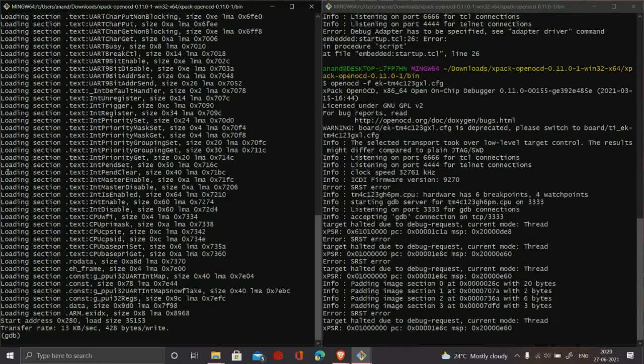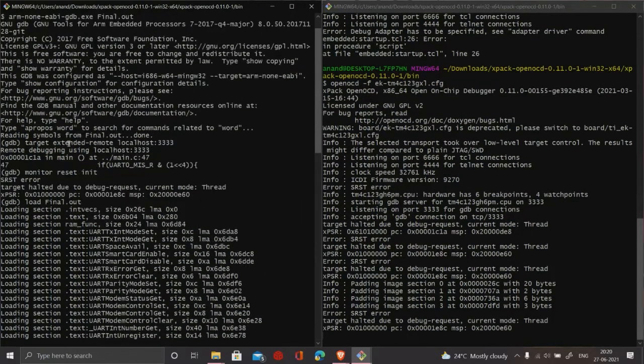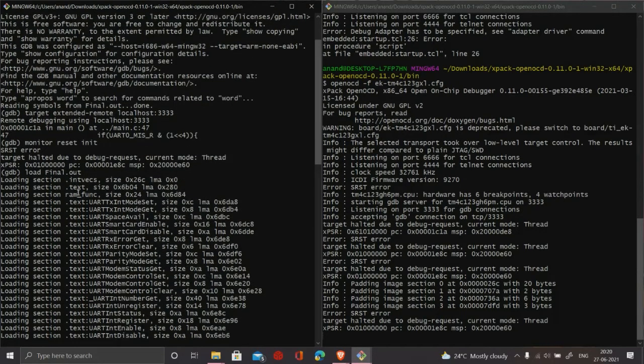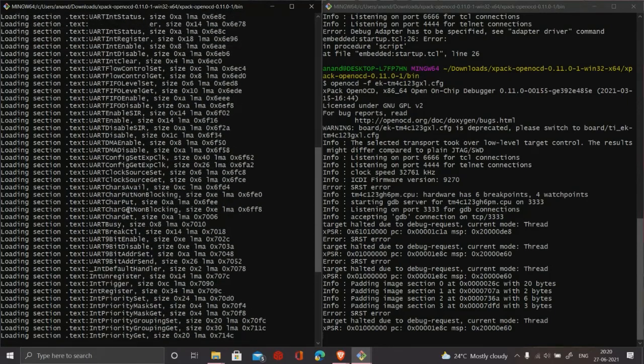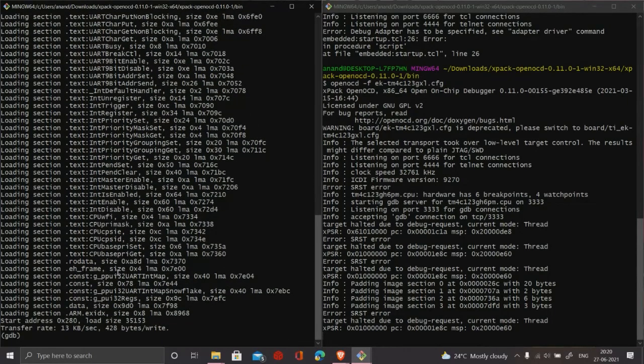As you can see, this will flash all the content of this binary file into your microcontroller, and it shows 428 bytes are written. That means your program is correctly flashed into the microcontroller. So now our binary file is loaded into our microcontroller.